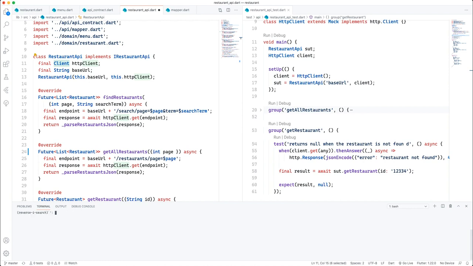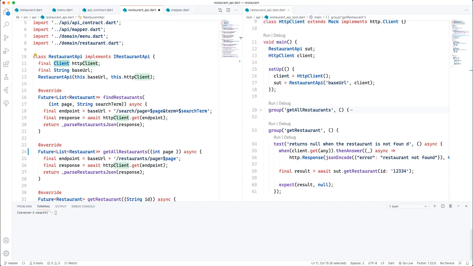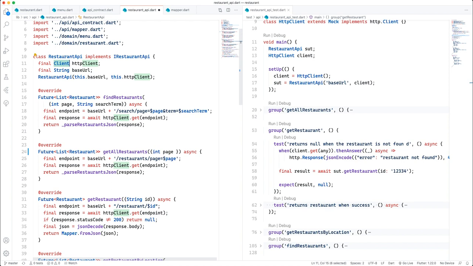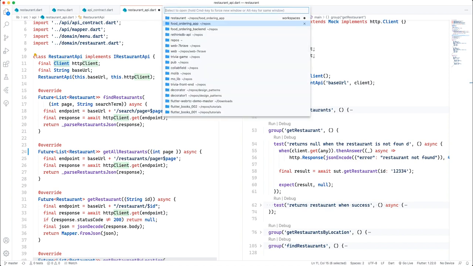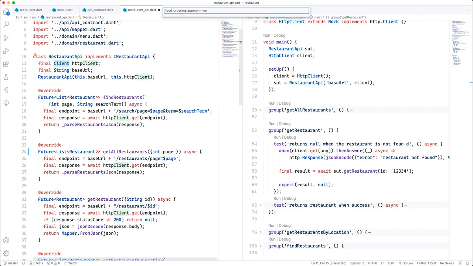And then I will have to open that inside of the workspace. So to open that, I'm going to hit Control R since I'm on the Mac. I'm not sure what the shortcut is on Windows, but this will bring up the different workspaces. And I'm going to go to the food ordering app workspace. And I'm going to say go inside of common, then hit